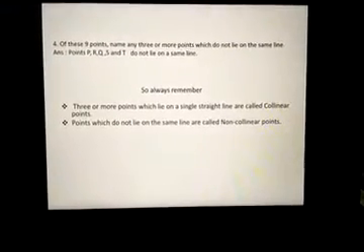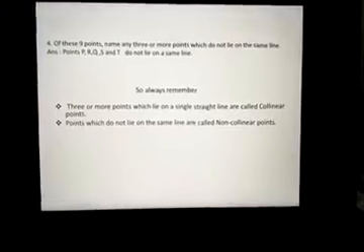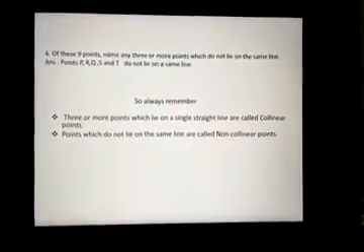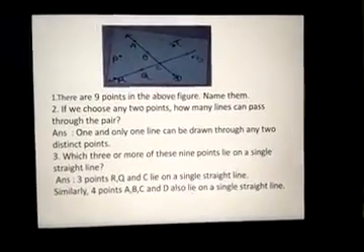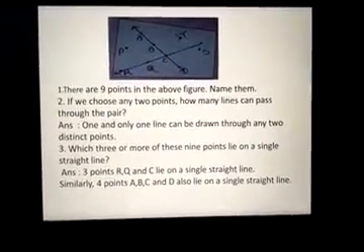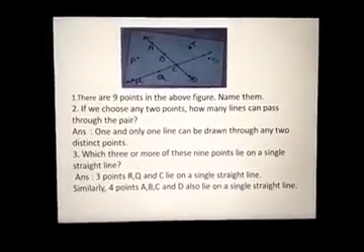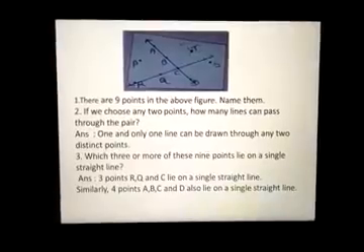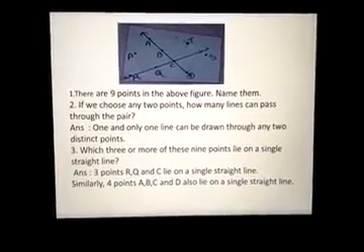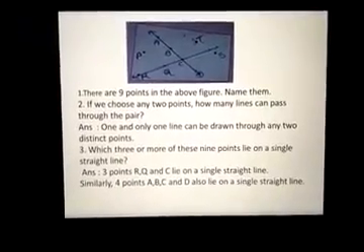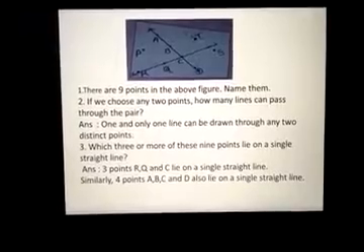Of these 9 points, name any 3 or more points which do not lie on the same line. If you look at the figure, and consider the line which passes through the points A, B, C, D, then the points P, Q, R, T, S do not lie on this line. And if you consider the line which passes through the points R, Q, C, then the points A, B, P, D, T and S do not lie on the line.